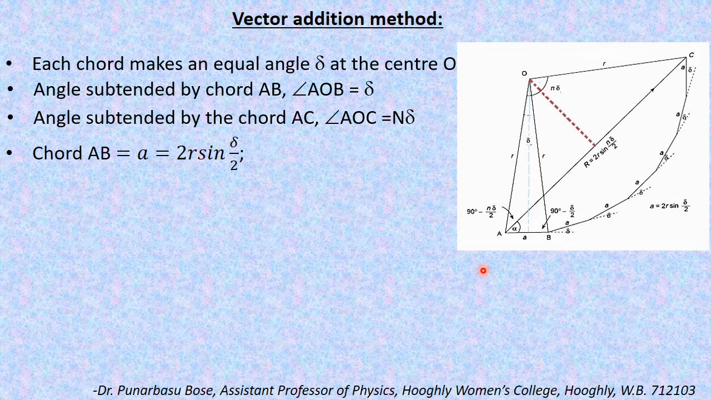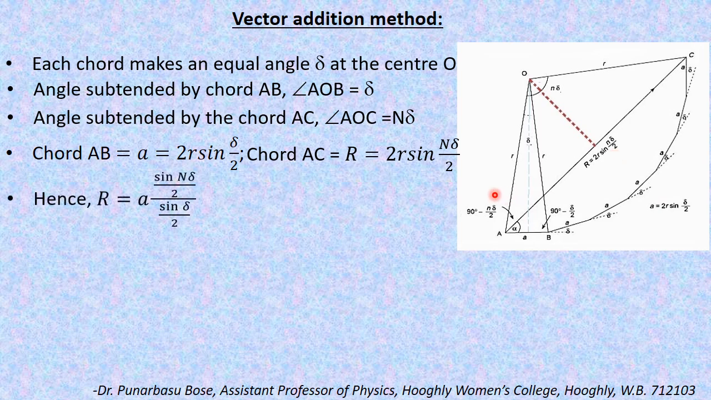Similarly, chord AC can be written as twice R sine n delta by 2, as from this point to this point, which is half the chord length AC, it is equal to R sine n delta by 2. Hence, magnitude of AC, that is R, becomes twice R sine n delta by 2. Hence, eliminating R from these two equations, we get